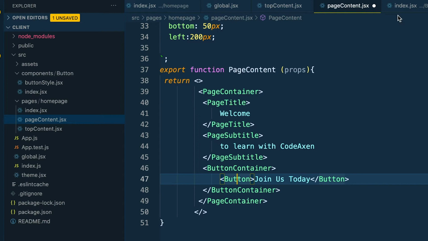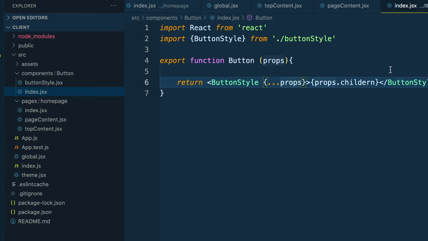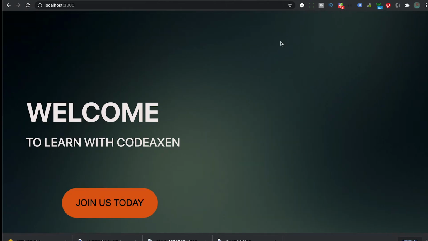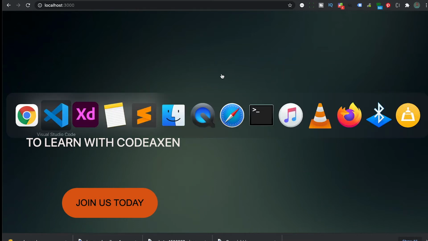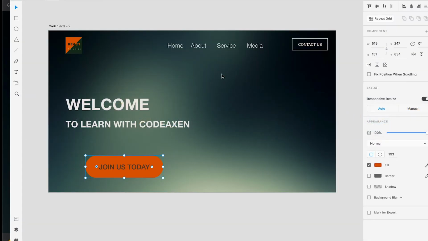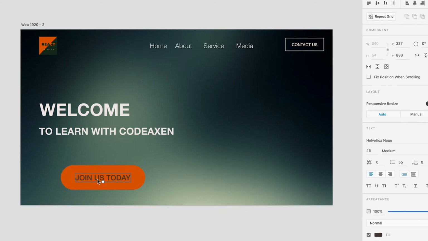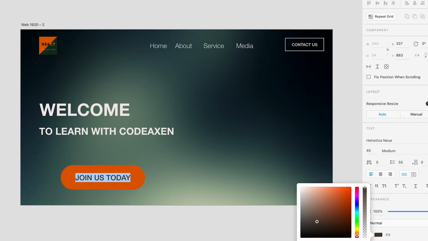So we can add our text, it is not being added. Children. Yeah. Good. So that is our button right there. Good, but the button color is this color, so we copy that,